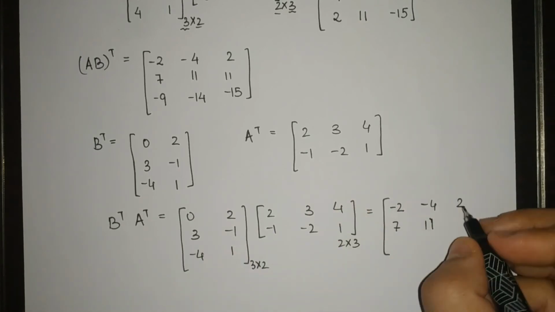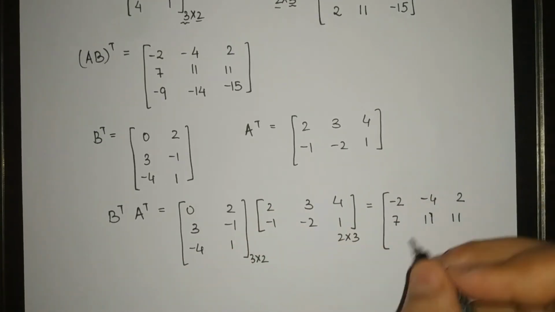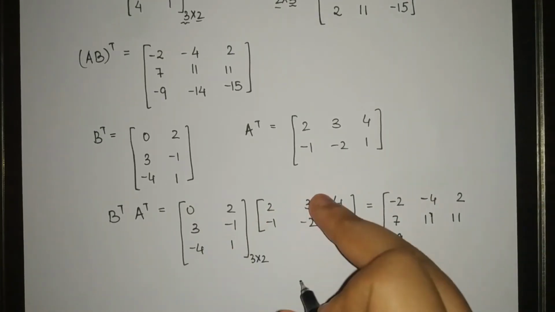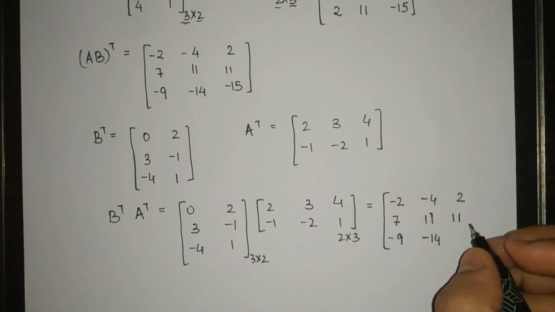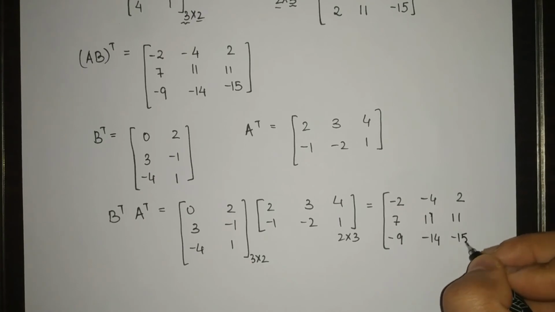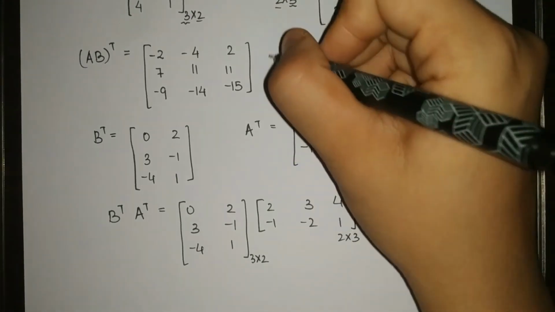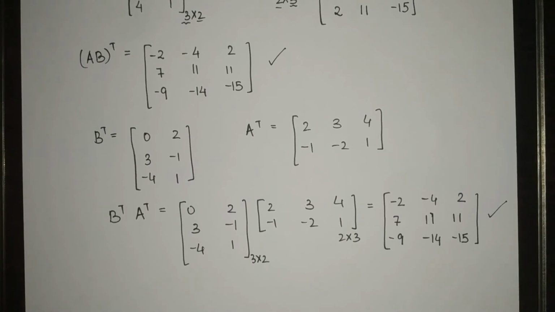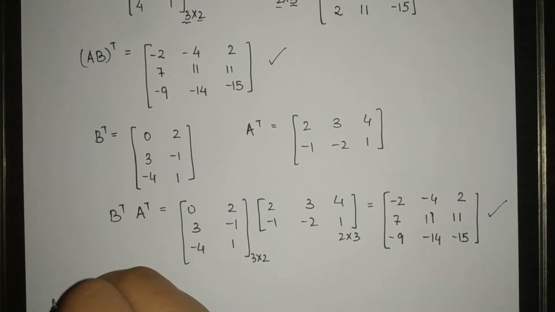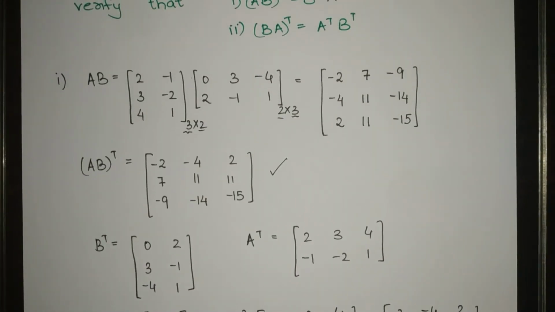Then next we get 12 minus 1 which is 11. Then we have -8 minus 1 which is -9. We have -12 minus 2 which is -14. We have -16 plus 1 which is -15. Okay, and this is the value for B transpose into A transpose. So you can see that we have got this as the same matrix and hence पहला जो point है वो verified है. अभी हम क्या करेंगे, क्योंकि अभी हमारे पास A transpose और B transpose है, पहले let us find